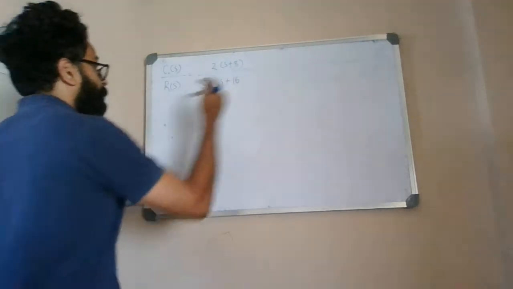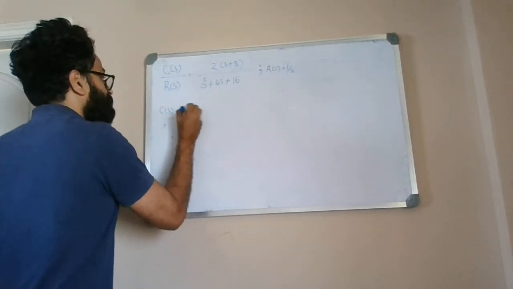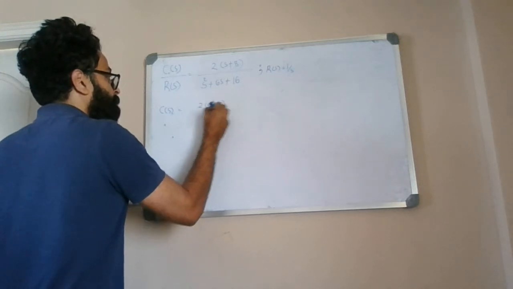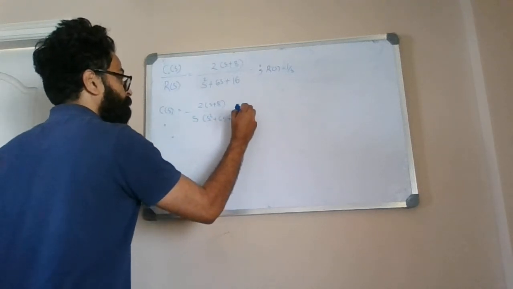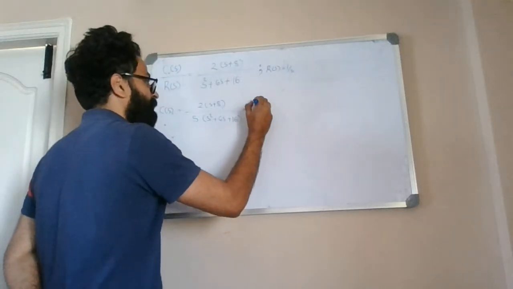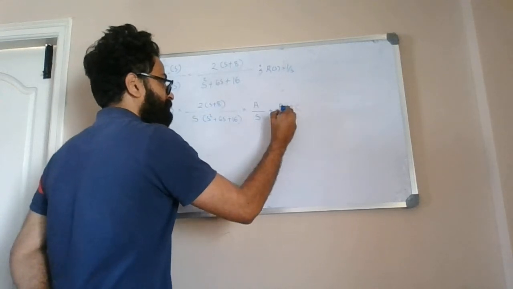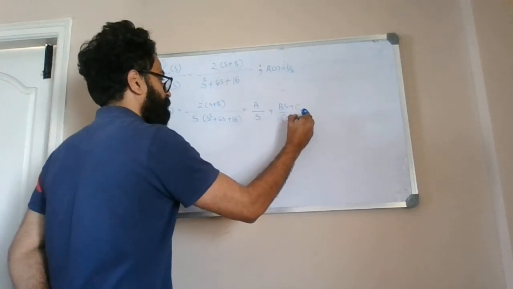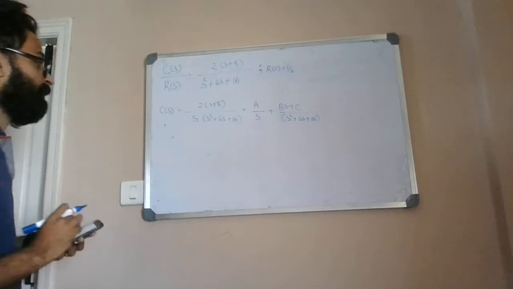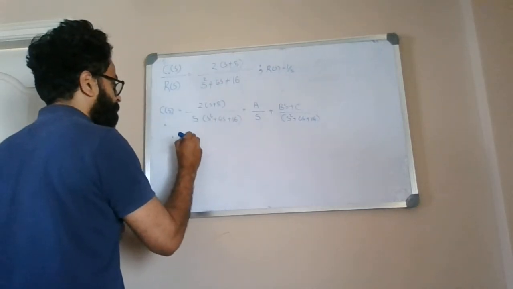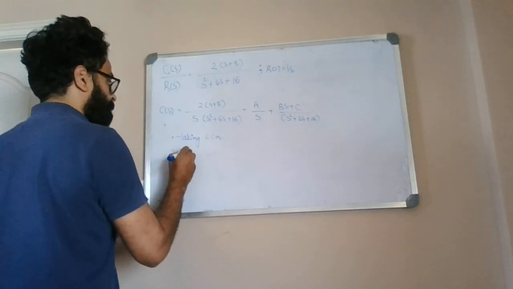And R of s is 1 by s. So C of s, you can write it, using the partial fraction method, as A by s plus (Bs + C) divided by s square plus 6s plus 16. Okay, so take LCM. You get 2s plus 8